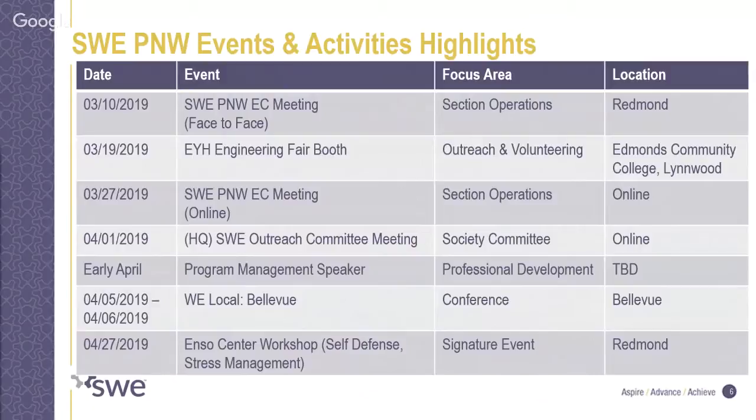I will also say that I love the fact that we're trying to get the HQ events on our section Google Calendar, so that we let our members know about those HQ committee meetings, because those are open to all members. There are some sign-up instructions for how to join. So if you're interested in joining an HQ meeting, check the registration and sign-up requirements on our Google Calendar, because we're porting that straight over from the society. If you have any questions, it also tells you where to go to ask about those HQ items. So exciting that we're showing all of those opportunities.